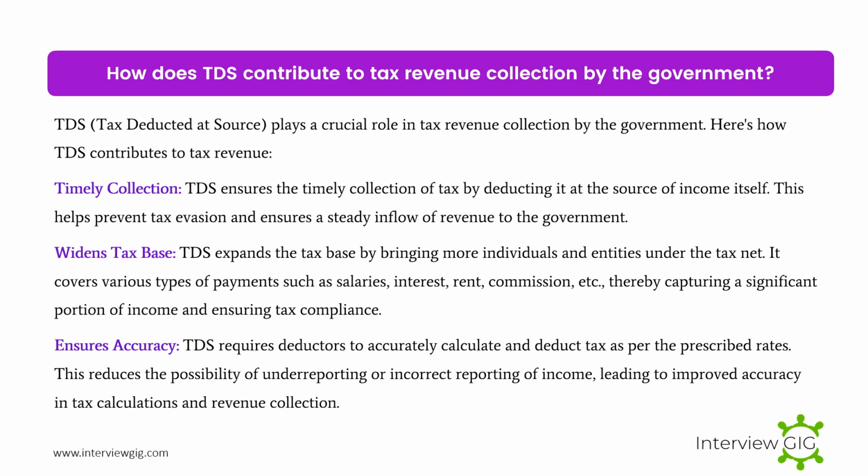TDS expands the tax base by bringing more individuals and entities under the tax net. It covers various types of payments such as salaries, interest, rent, commission, etc., thereby capturing a significant portion of income and ensuring tax compliance. Ensures accuracy. TDS requires deductors to accurately calculate and deduct tax as per the prescribed rates. This reduces the possibility of underreporting or incorrect reporting of income, leading to improved accuracy in tax calculations and revenue